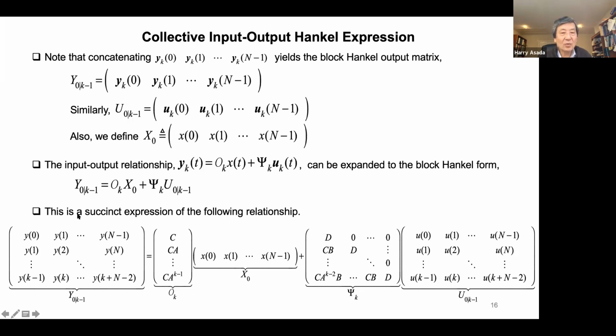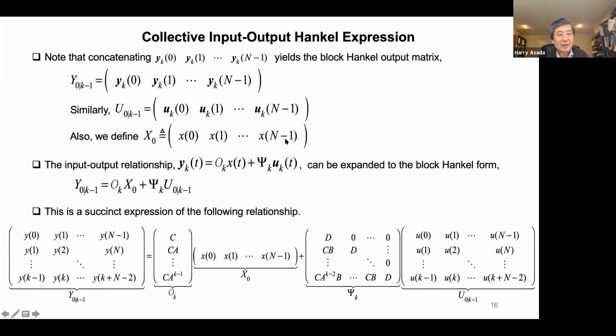And this second one, capital, not capital, the thick broad boldface Y K. The index 0 and 1 shows the first time index here. So this is Y K 1, and up to Y K n minus 1. Likewise, on the input sequence side, we write this one in this way, and then write it in many ways in this way, together with the X naught, and capital X naught is actually the concatenation of the states X0 to Xn